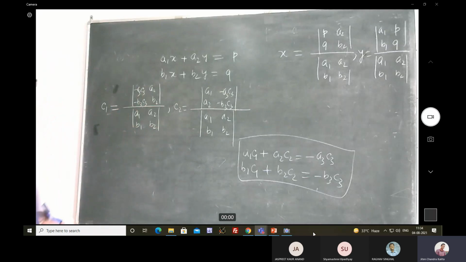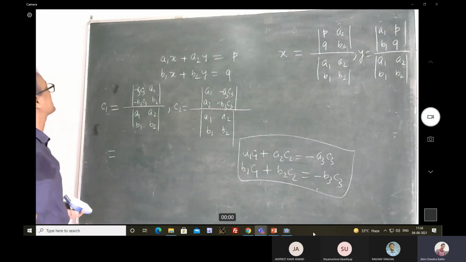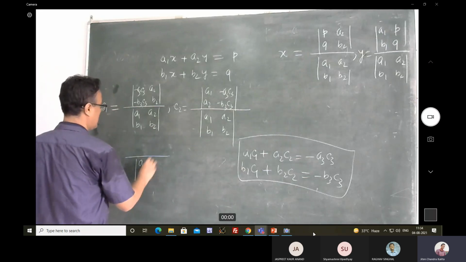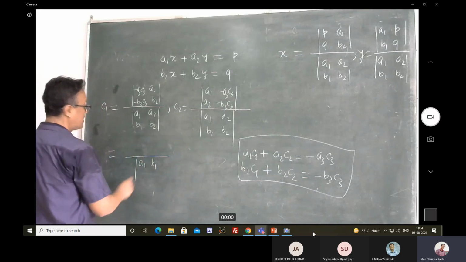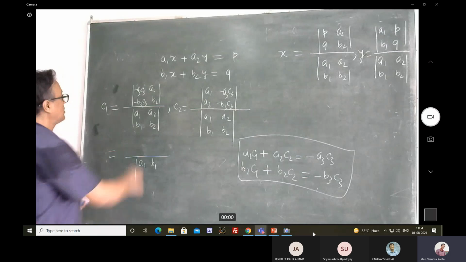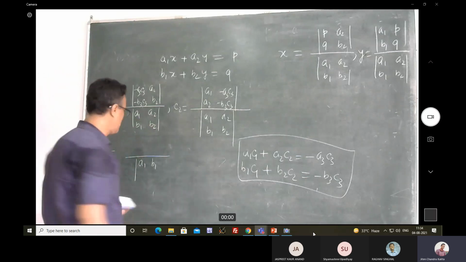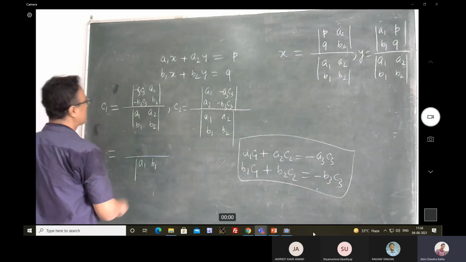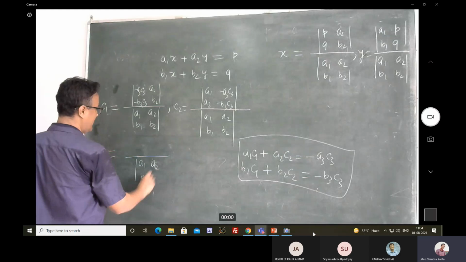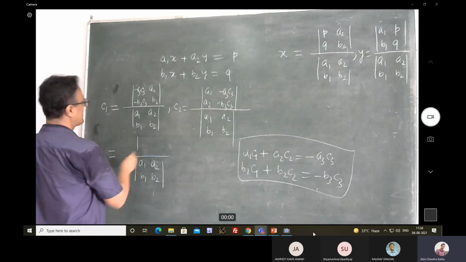Okay, fine. And from here, what I can get eventually, if you operate, you are familiar with determinants, definitely, right? So these are nothing but determinants of order 2 in the numerator and denominator. And after some simplification, I am not going to do them. You can easily accomplish that. After some simplification, you will find out that this is simply